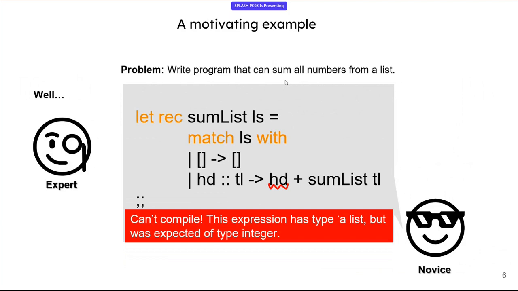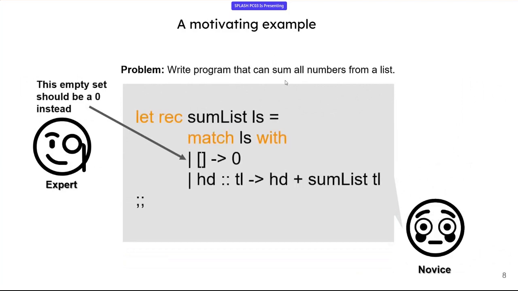To fix this, because both of us know the intention of this program is to do the summation, we know the true cause of the error should be here instead of the next line. So here we just replace this empty bracket with a 0. Okay, now we can fix this program. But